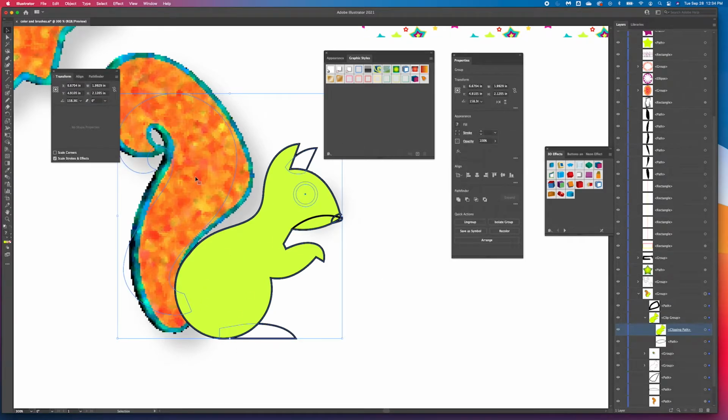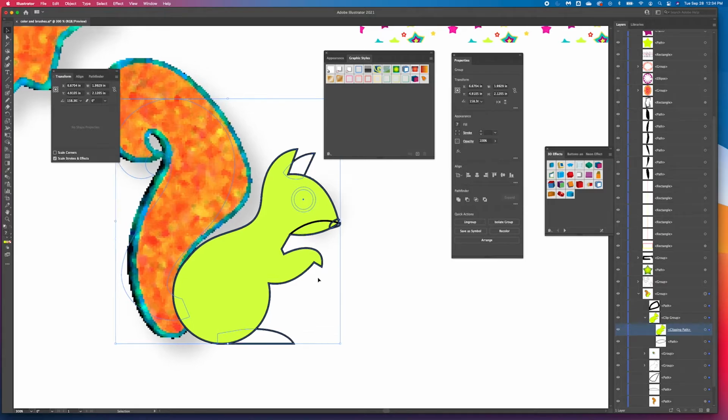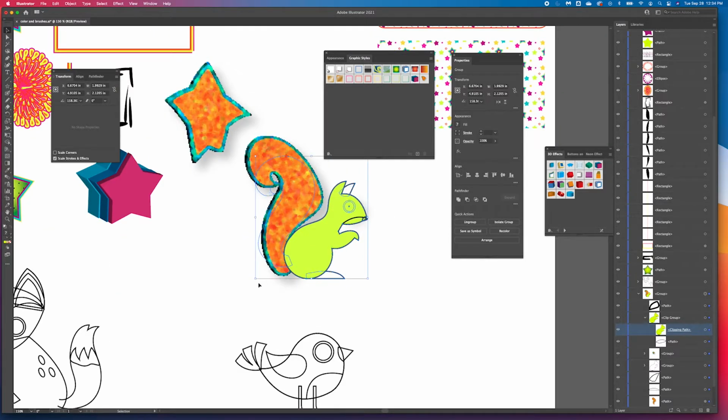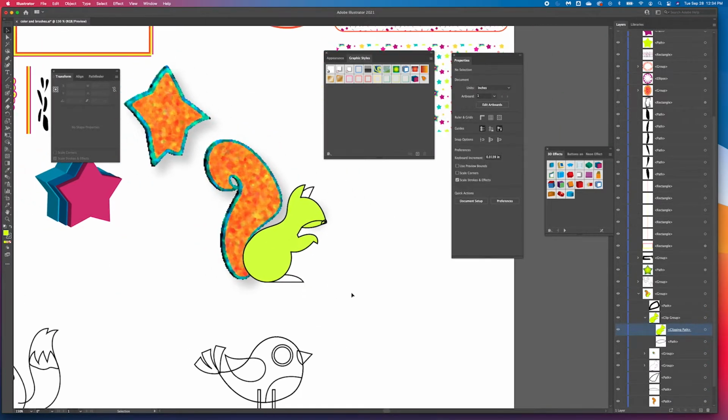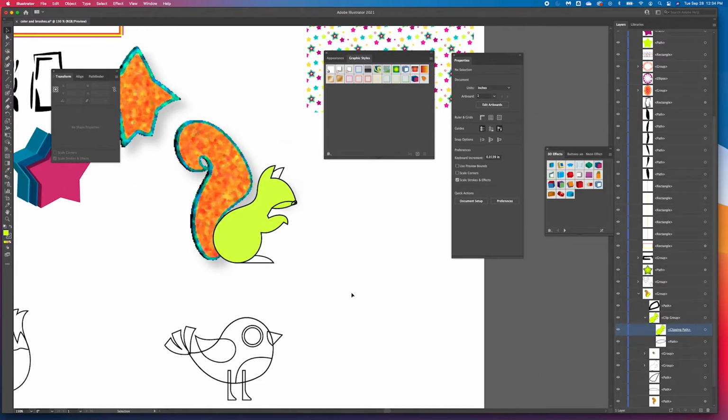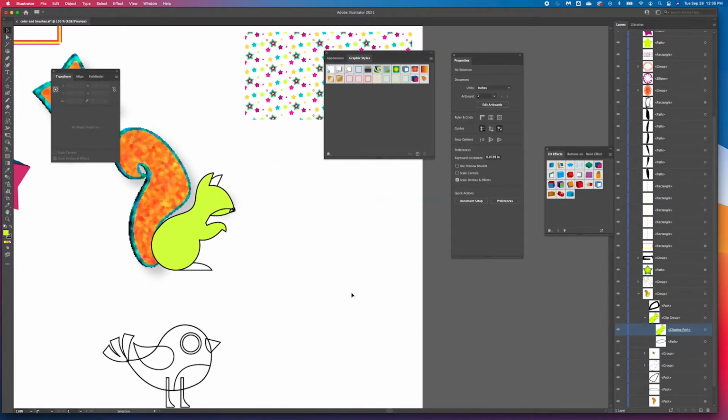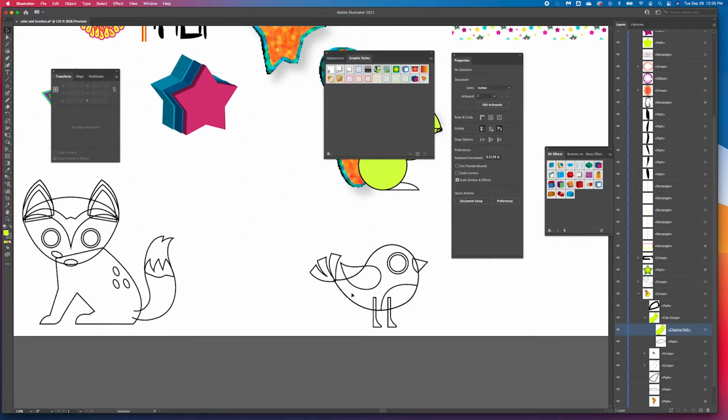All right. Well, you know what? Yeah, that graphic style might be too intense. It's got a lot going on. It's a cool tail though. So let's go ahead and create some graphic styles that are maybe more simple, because what I'm going to actually